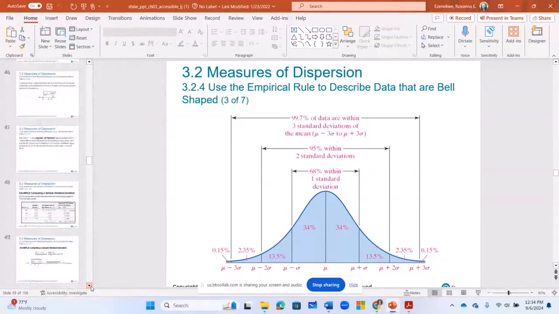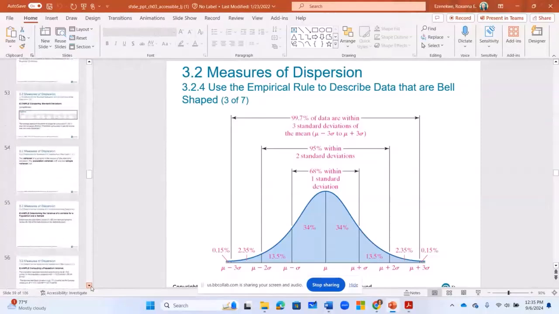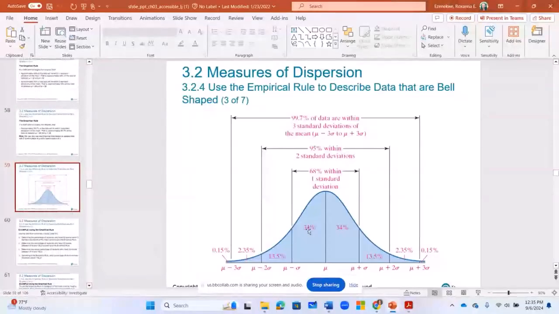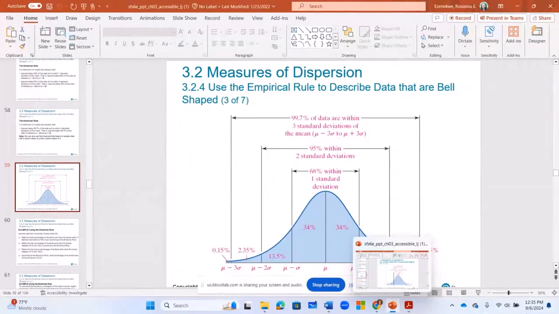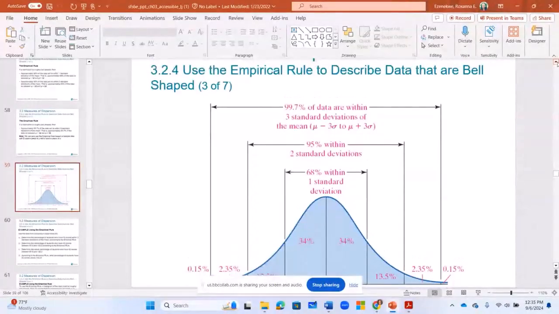So what kinds of distributions can we have before? So this, we already see this distribution right here. It is called the normal distribution, but that is not all the distributions that we can have. We can also have a